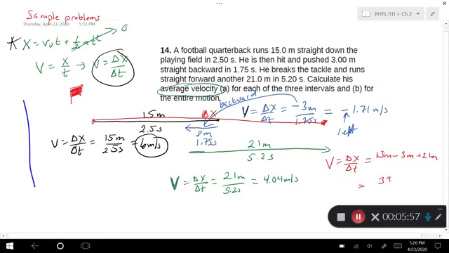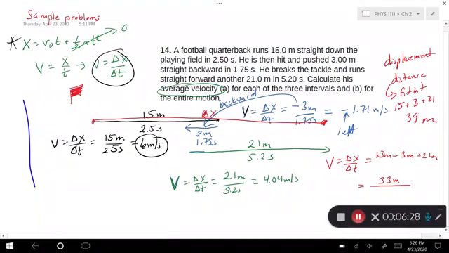I want to do it over the total point. I want to go from here to here. What is my total velocity in this area? So my velocity is going to equal the change in x over change in t. From beginning to end, this is my change in x. Okay, so I go forward 15 meters, and then I go backward 3 meters, and then I go forward an additional 21 meters. So if you're looking at this, that means I have a total distance traveled of 33 meters, total displacement. So if I'm looking at displacement